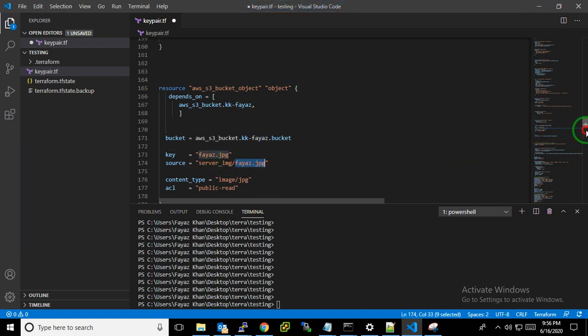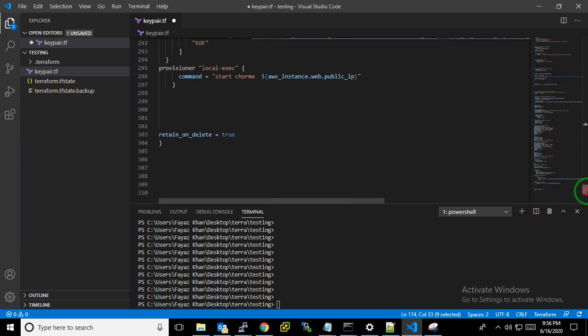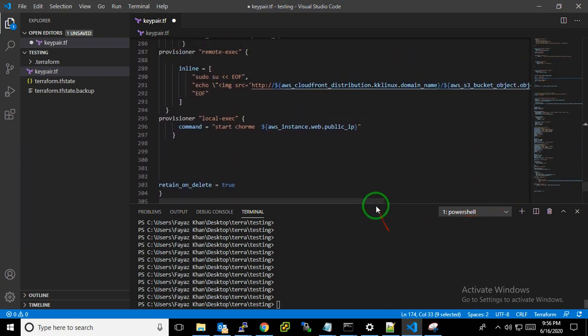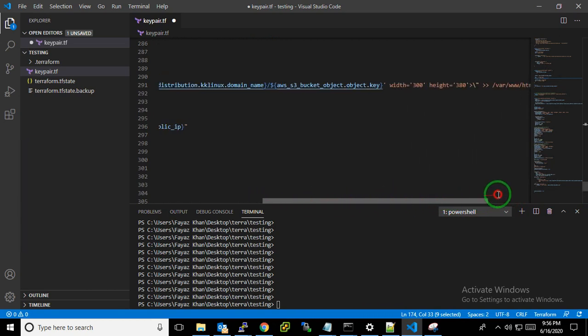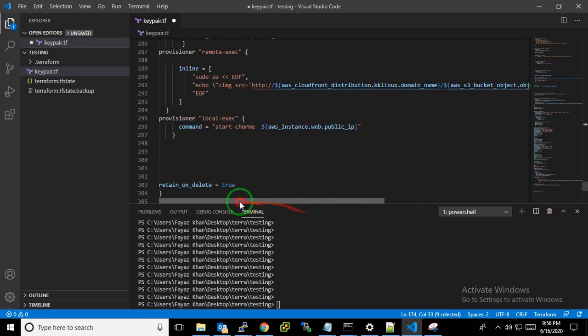So this is the last part, to check whether my CloudFront is successfully integrated with my S3 bucket or not. The height of that image should be 303, and it is copied in my index.html. So after the last one, it will run the command of AWS. Let's see this in use.